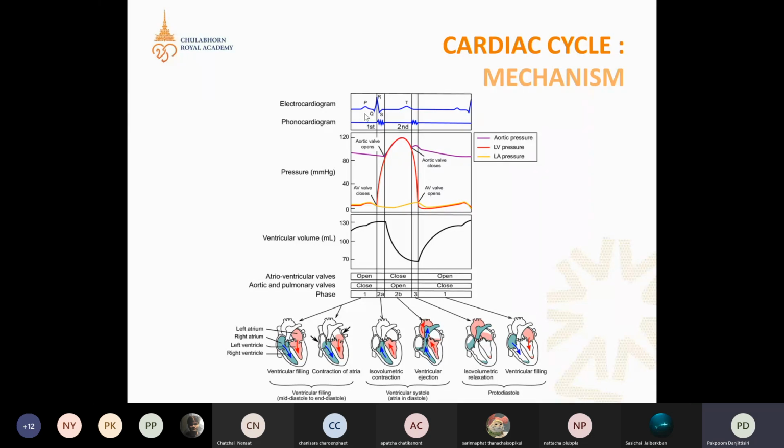After blood enters the left ventricle, the pressure in the left ventricle will increase,